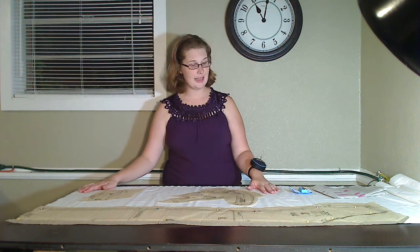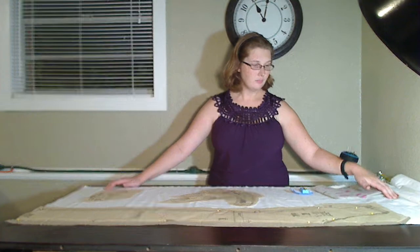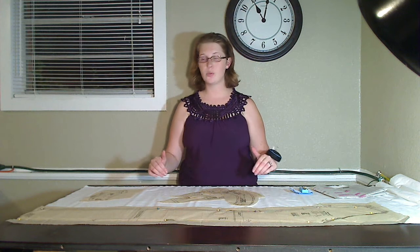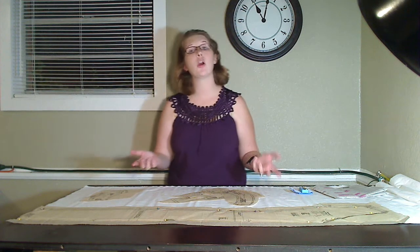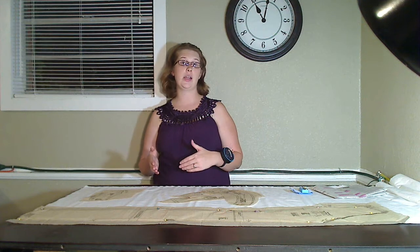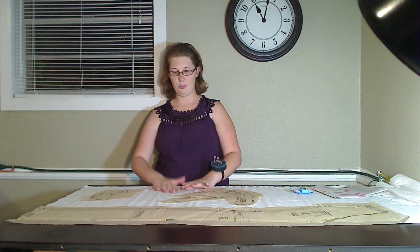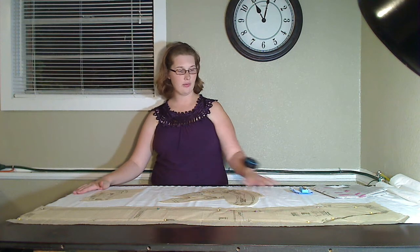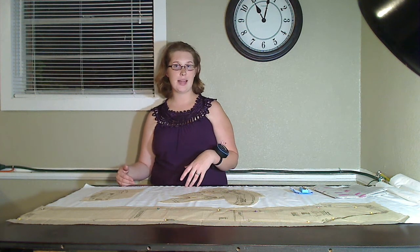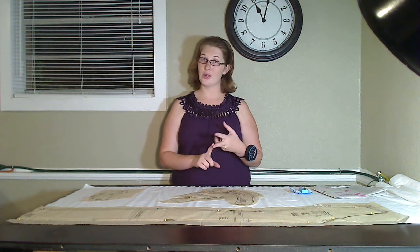In fact, it can even break your fabric after a while, because that crosswise grain is weak. The lengthwise grain is your stronger grain. Now you are going to find patterns that have you cut things on the crosswise grain, especially for border prints. You know, that pretty print that's on one half of your fabric and you want it at the bottom of your skirt or the bottom of your dress. This is okay if you're following your pattern directions,